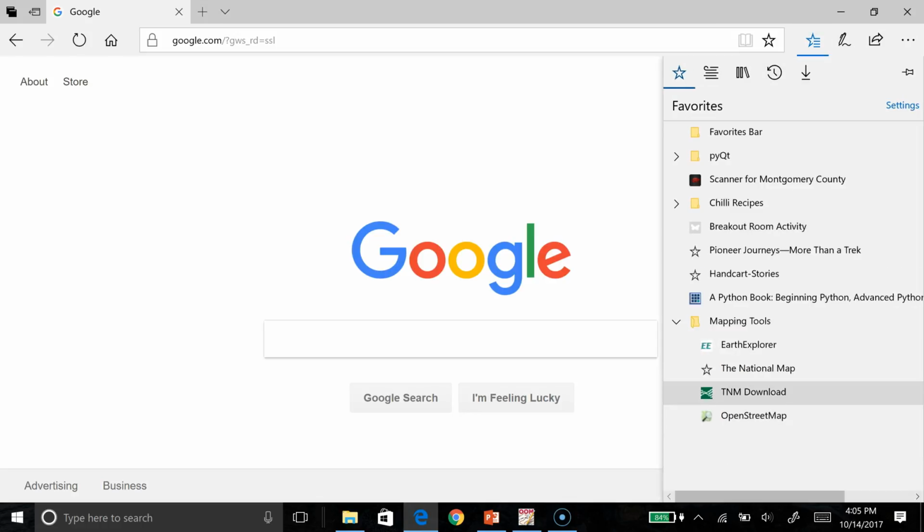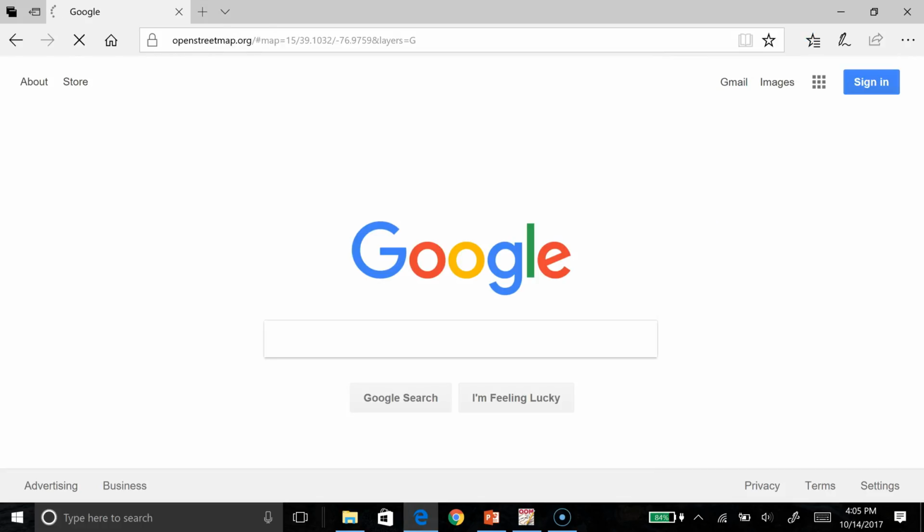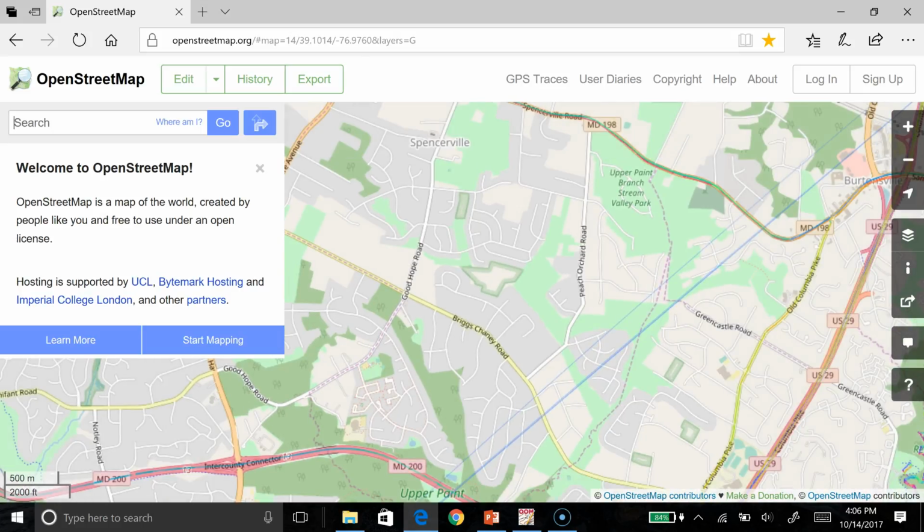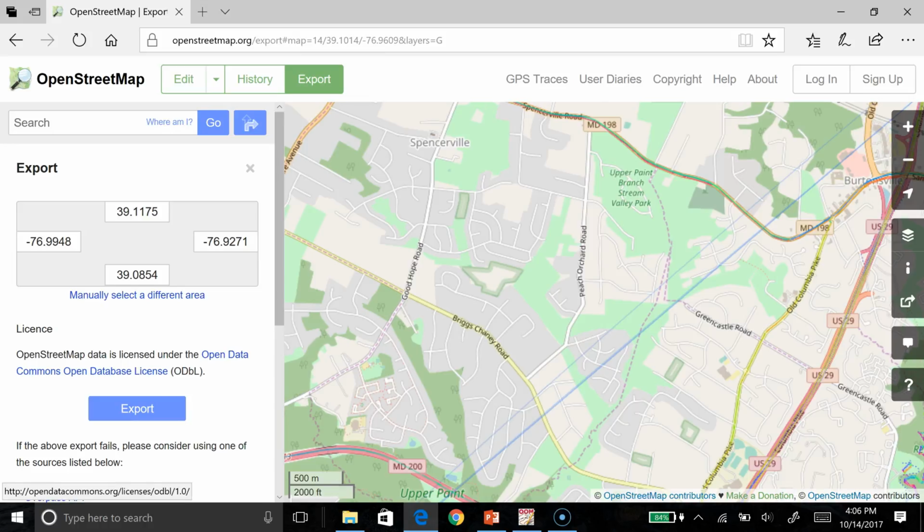So I have some mapping websites that I have here. First, I'm going to go to openstreetmap.org. That's where I'm going to get my street map. And the area I'm going to focus on is this Maydale Conservation Park. So what I'm going to do now is I'm going to zoom out just a little bit. And I'm going to go ahead and export this map, and it's going to take the map area I have here. I'll click on the export button,